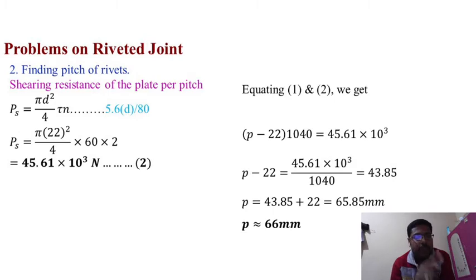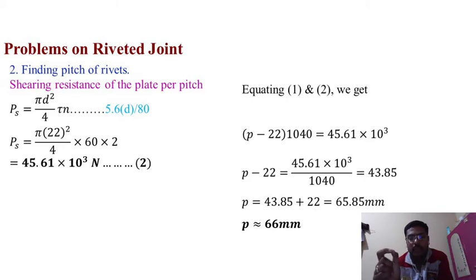So substitute PS is equal to 45.61 into 10 raised to power 3 newtons, equation number 2. Previously we got equation number 1, and this is equation number 2. Then, equating both equations 1 and 2, we get the pitch value. Therefore P is equal to, substitute equation number 1, P minus 22 into